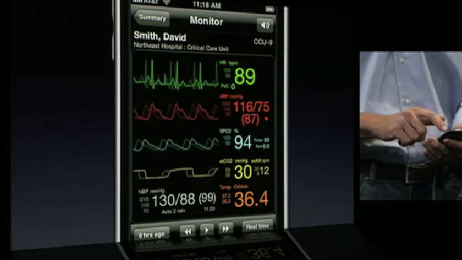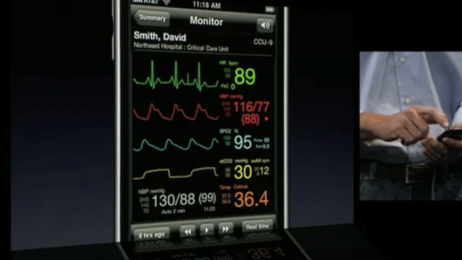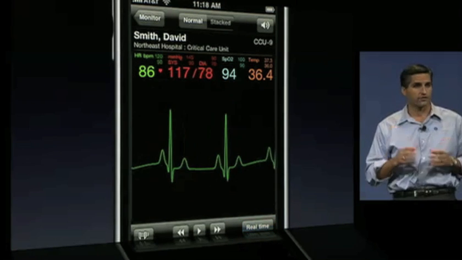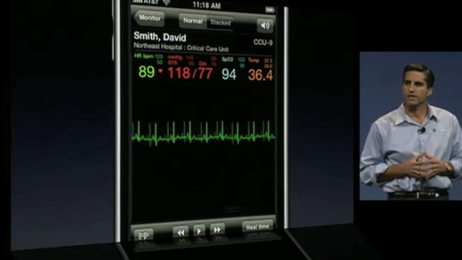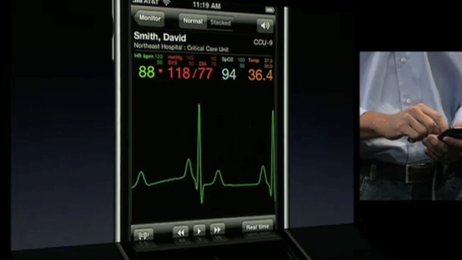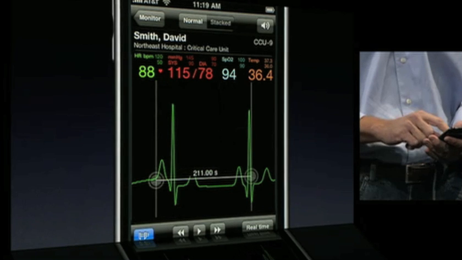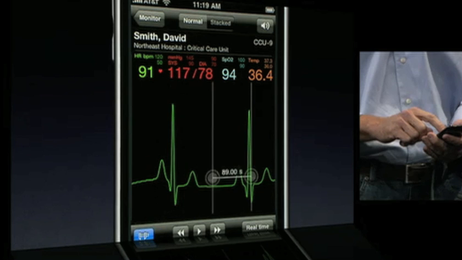I can scroll back over time to an event that may have occurred in the past, and then if I'm interested in that cardiac waveform, I can double tap on the tracing. I can enable pinch zoom. I can scroll back over time to look for abnormalities. And then if I see something of interest, I can zoom in and I can enable touch calibration. This is really great. I can use the calipers to measure the distance between a cardiac event or perhaps the